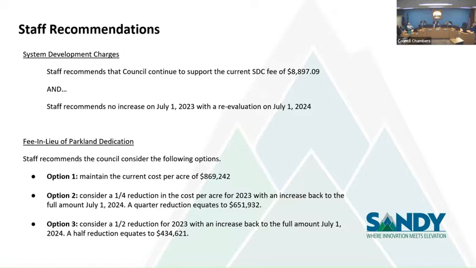I think it's not just for the projects that have already submitted or paid this fee. There are some projects that are waiting to know what the fee is going to be. Right. The council's having this conversation. I've got this permit, but I'm not going to turn it in until I know what I might have to pay. So if we can create certainty on what developers can expect, I think it will help. So we'll move this along fast.